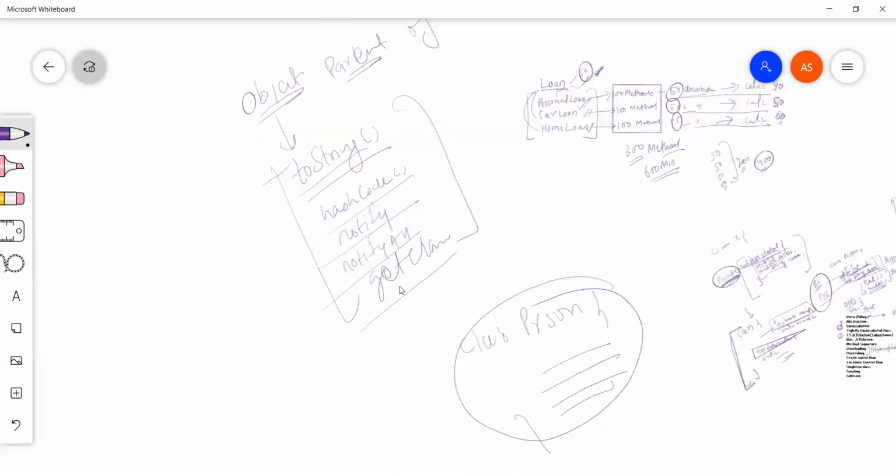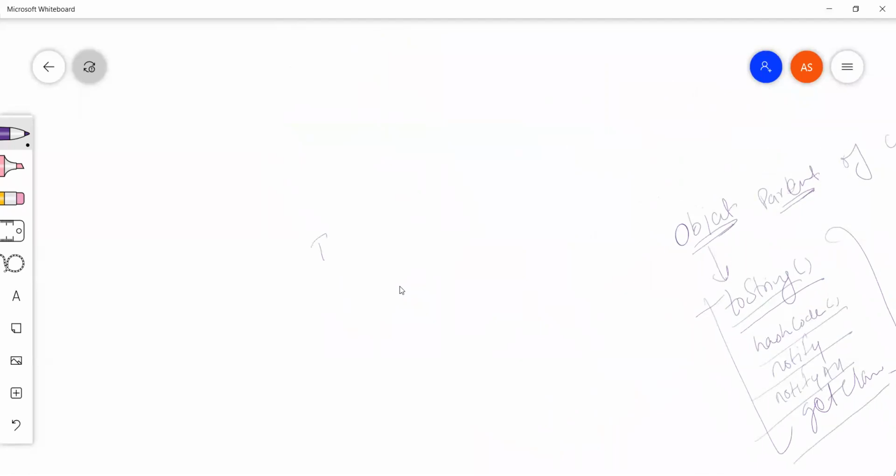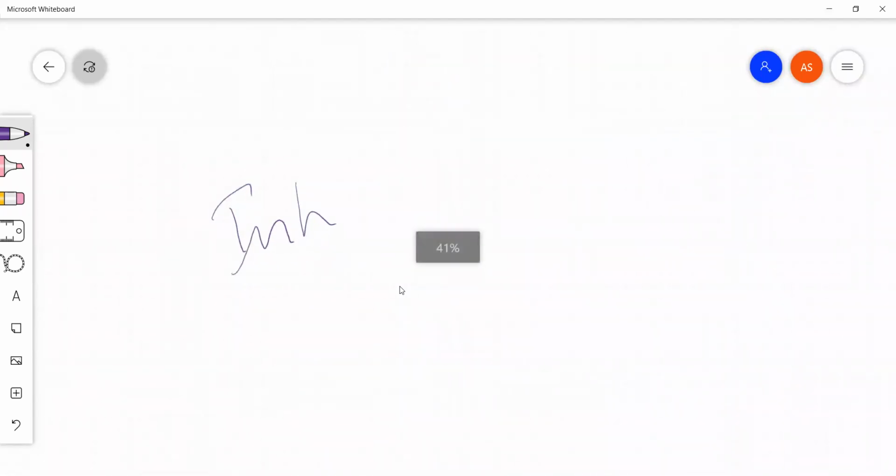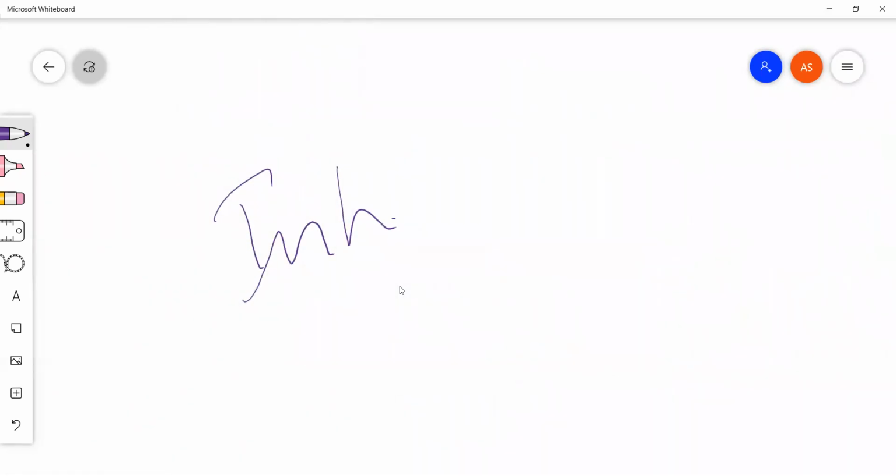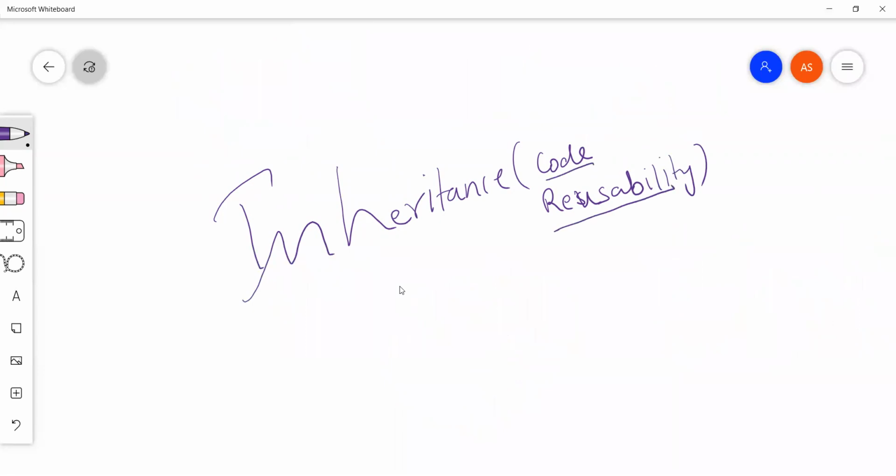Inheritance means code reusability. So how will we do that in code?